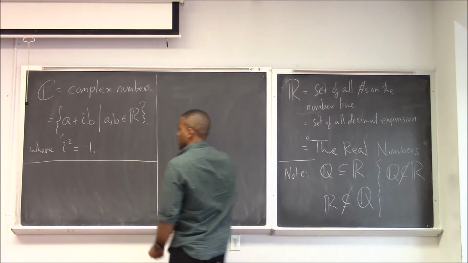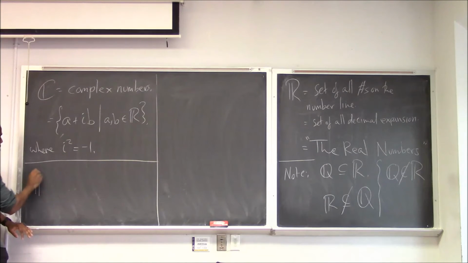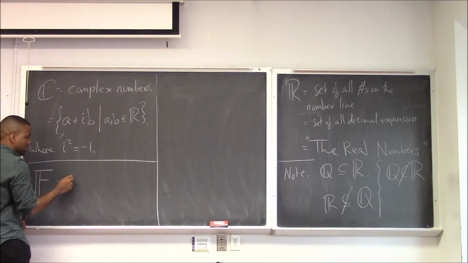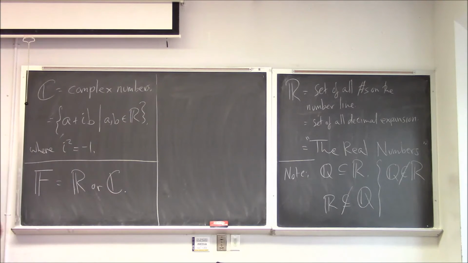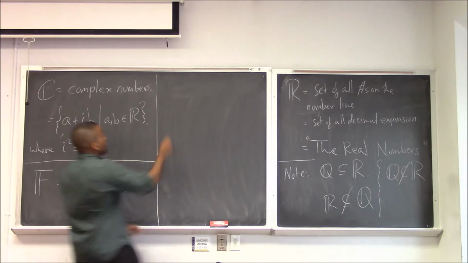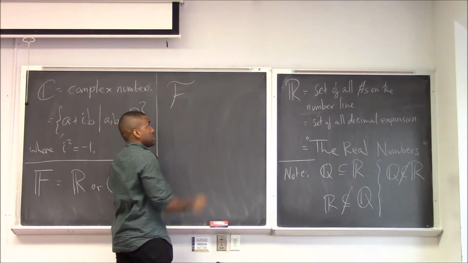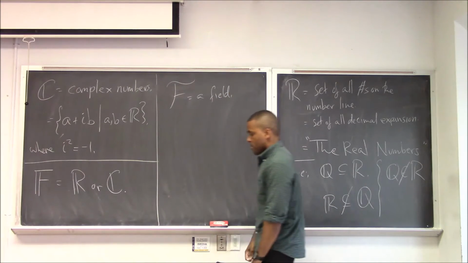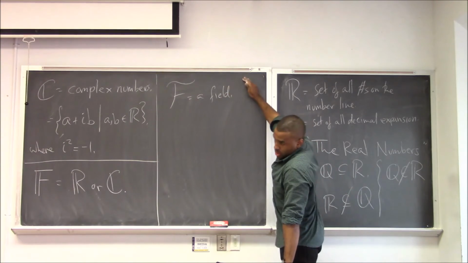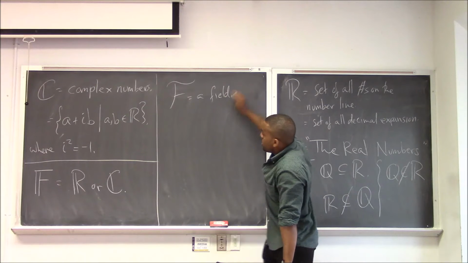So these are very common sets. One thing that you'll see me write down a lot is F. Basically, if I write F, this means R or C. Meaning, if I want to make a statement that works for both the real numbers and the complex numbers, I will instead write the letter F, bold F. We'll use the symbol, just fancy F, for a field. Don't worry about what a field is, but intuitively,